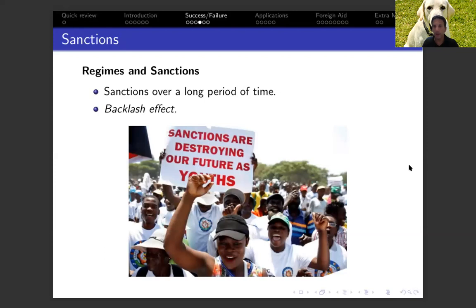The idea of the rally around the flag effect is also very prevalent when you talk about international conflict. When the United States engages in some kind of military conflict, especially in the short term after the beginning of the conflict, there's a lot of support for the United States military, the government and the president, because everybody is rallying around the objectives we intend to pursue in this conflict. But after a while, this effect tends to wane. But it's a similar idea to how sanctions can lead to the opposite effect, a backlash effect.